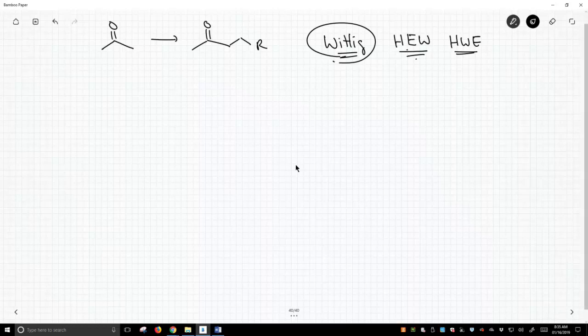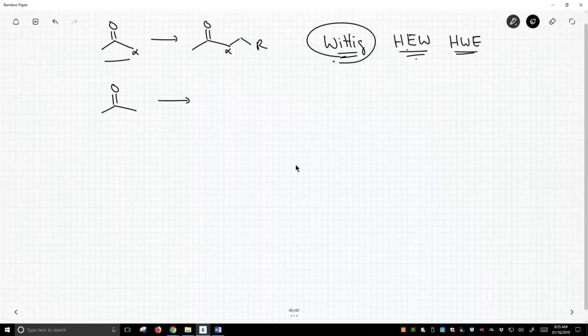So this transformation that we've shown, going from a ketone and alkylating it at the alpha carbon, is difficult. We talked about why. People didn't have LDA in the earlier days of chemistry. So how is the Wittig going to solve this problem? Well, if you remember, the Wittig can be used, not exclusively, but can be used to make alpha beta unsaturated ketones. So if we have a carbonyl compound